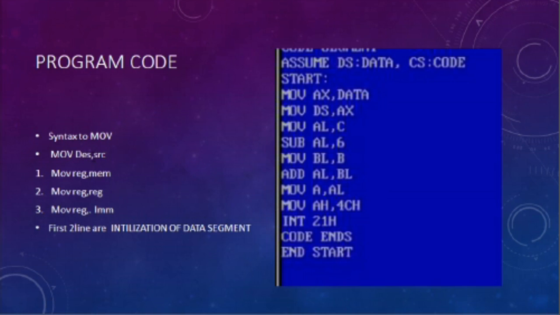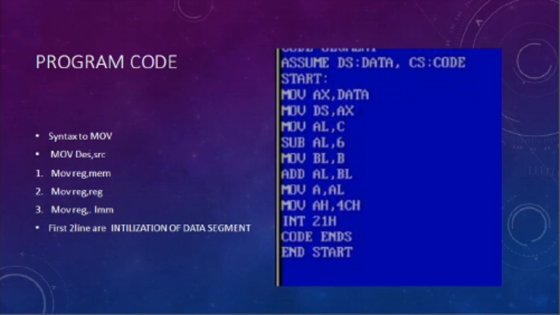So this is the move operation. We can move register comma memory, register comma register, register comma IMM. Here IMM is the immediate, which is nothing but any number. So register comma number. The first two lines, MOV AX comma data and MOV DS comma AX, are used for the initialization of the data segment. So these are very important.